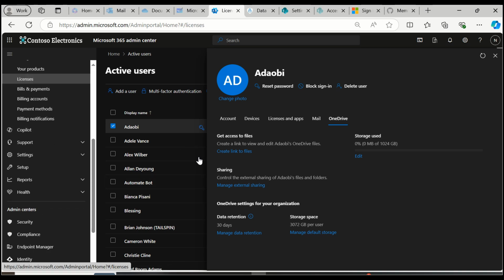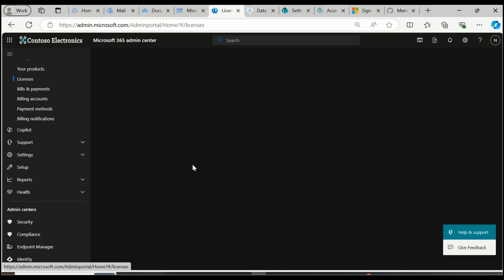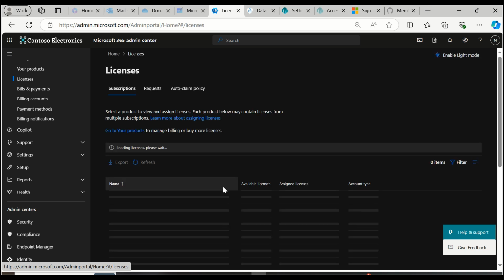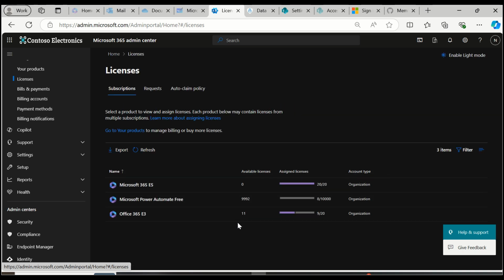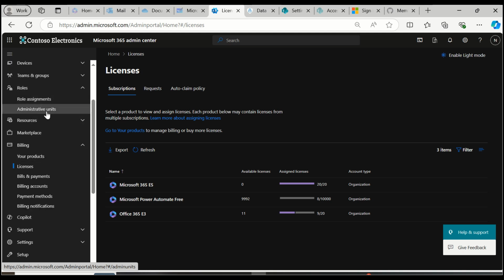go to licenses, you notice that you're on a business plan or a business basic or standard plan. Business basic or standard plan does not come with the ability for you to increase your storage for your respective users. All right, you have to be on an E3 or an E5 or an A3 or an A5 or an F3 or an F5 or a GCC3 or a GCC5 subscription, because each of those subscriptions, by the time I go into the user,